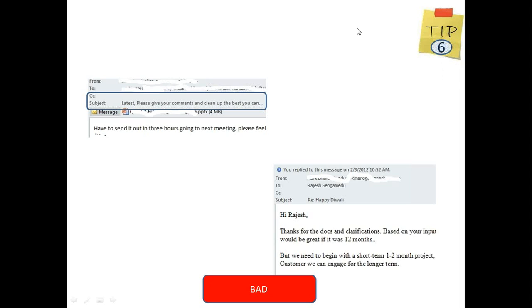Okay. Now, tip number 7. I have seen several emails where there are many topics in an email. If you give people a chance, they will bulletize, they will make some 10 topics, 15 topics in one email and send it out to everybody else. All 10, 15 topics will be totally unrelated. Okay? Now let's look at some of the examples.